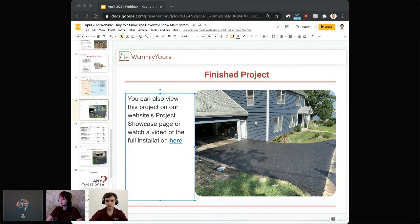And I believe I had a question here. Let me see. We had an additional question from Chip about the typical lifespan. So, good question. The typical lifespan of the system is really the same or even longer than the driveway itself, because as long as it's installed right, tested, and not damaged during the installation,